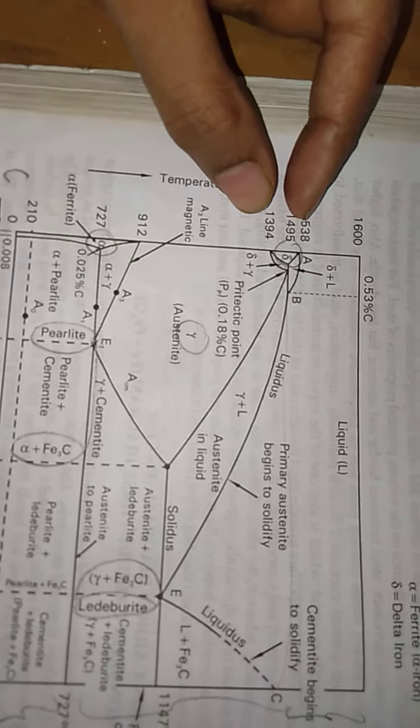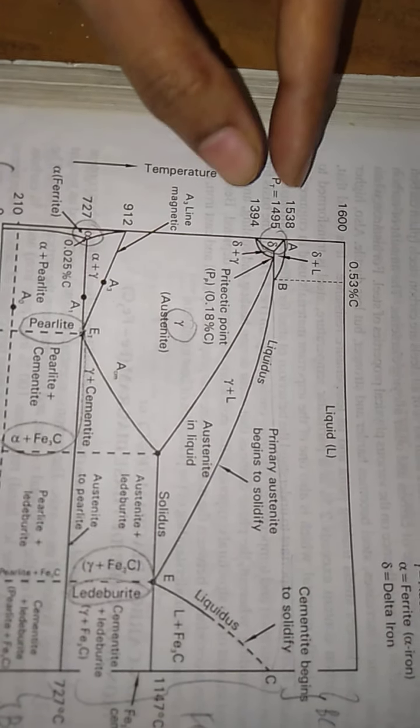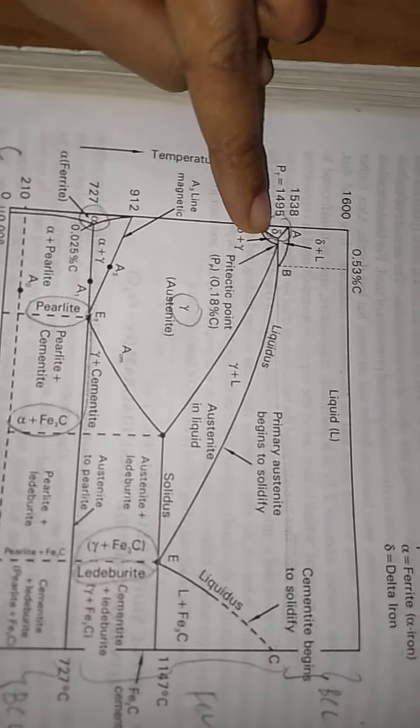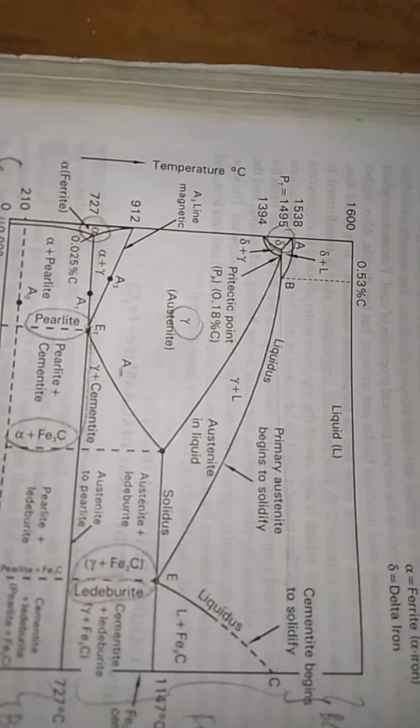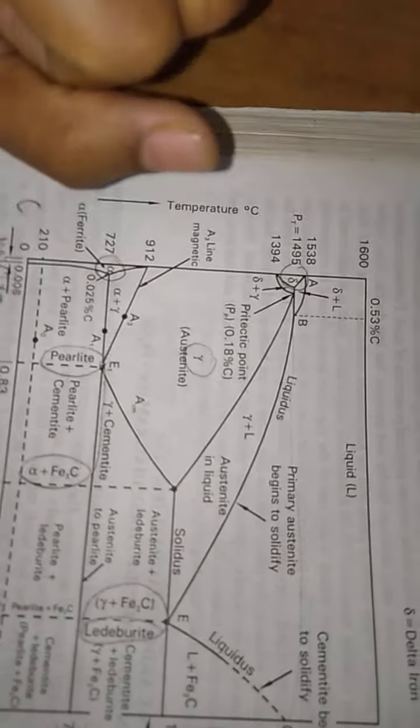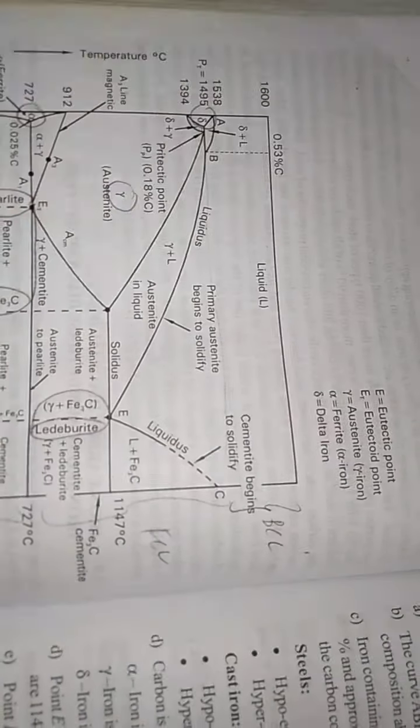See, only between these temperatures can you see this delta ferrite. Delta ferrite is also called delta iron. Now again, at this temperature, FCC gets converted to BCC, because at this higher temperature, when it was the austenitic phase, it was FCC. Beyond that, the next phase becomes BCC. So the phase is transferred to BCC.